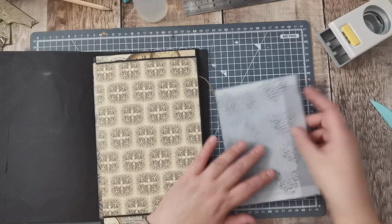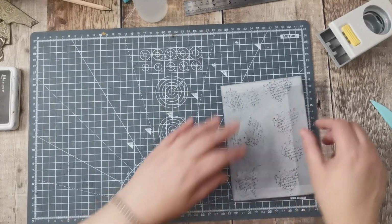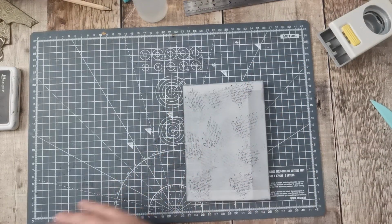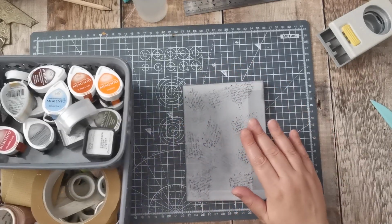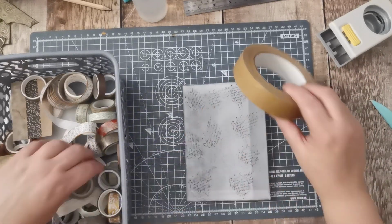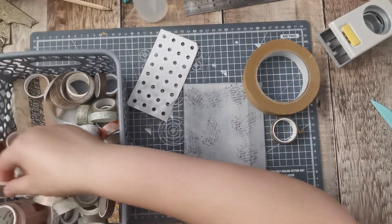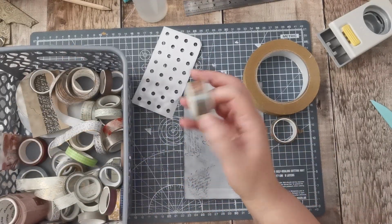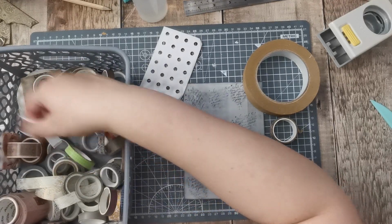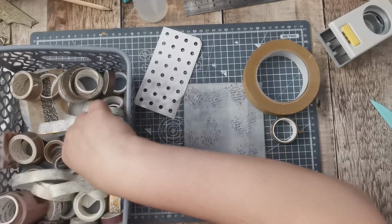So I'm going to pick some kind of washi first, because I don't even know if I've got one that thick, and I'm only going to have a certain amount, so I feel like I probably need to choose that first rather than decorate it and then go, oh my goodness, this one washi tape doesn't go with it. There's nothing stopping me putting 2 strips on there. I'm not a great fan of that stamp one, only because the see-through bit is too white. It looks okay if you ink over it, but yeah, I don't have any